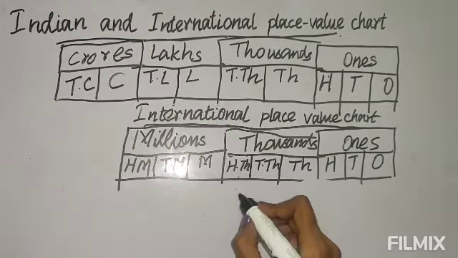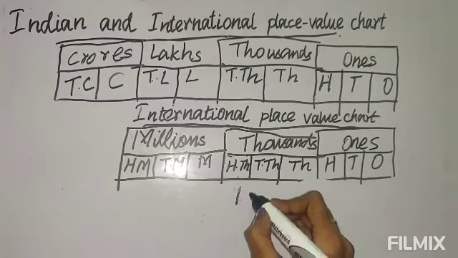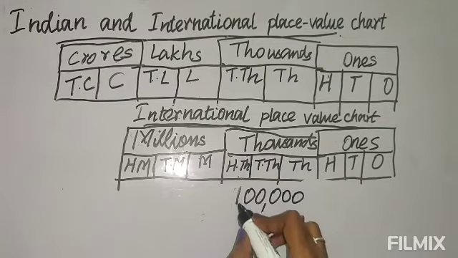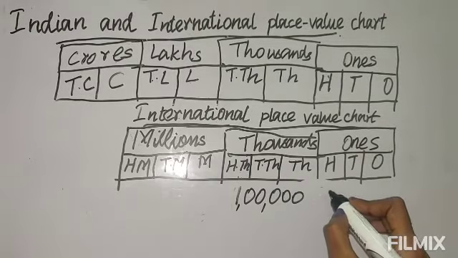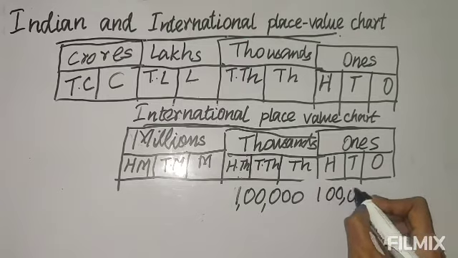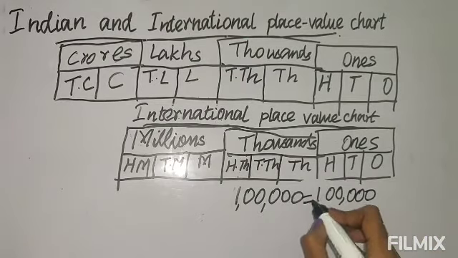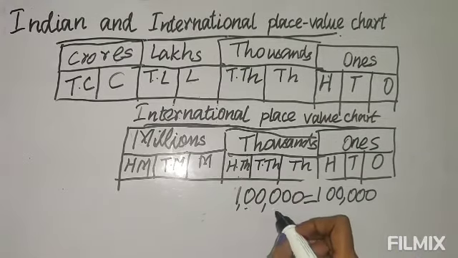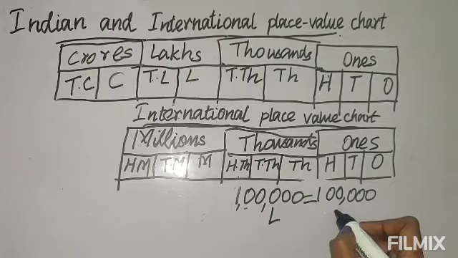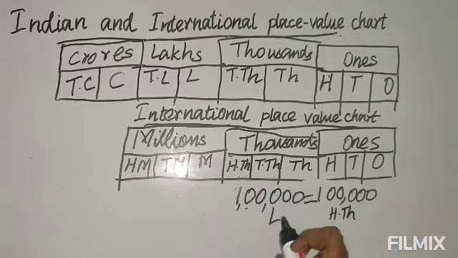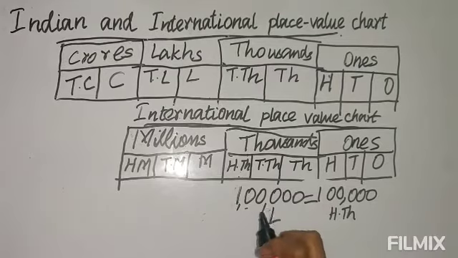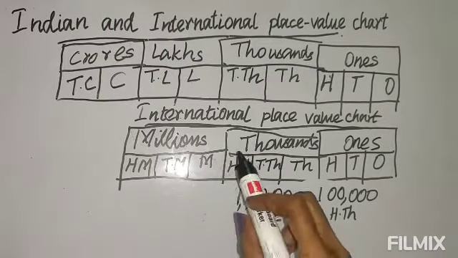That means lakh, how do you write it? How many zeros are there in lakh? There are 5 zeros in lakh. And if you write 100,000, it is the same. So both numbers are the same, only the comma is placed in different places, and one is called lakh and the other is called 100,000. The value is the same, but the way of calling and the way of marking the places and periods is different.